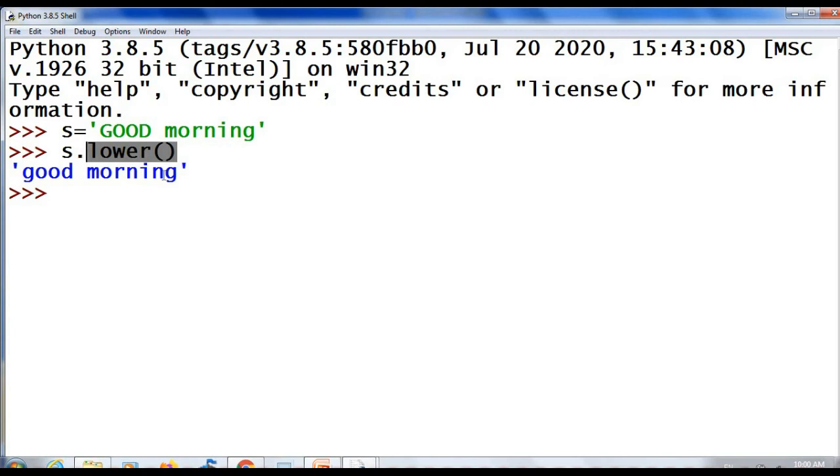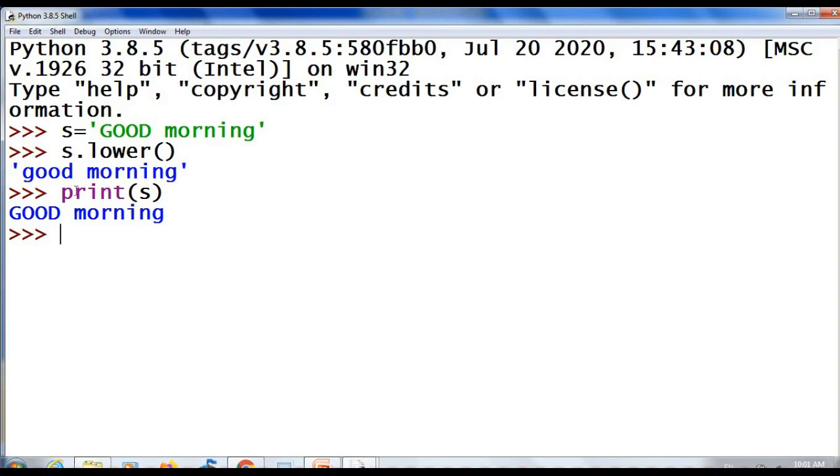What about the original string? Is it changed? We will check. print(s). See, there is no change. That is, the function lower will not change the original string. It just returns the lowercase equivalent of the string.